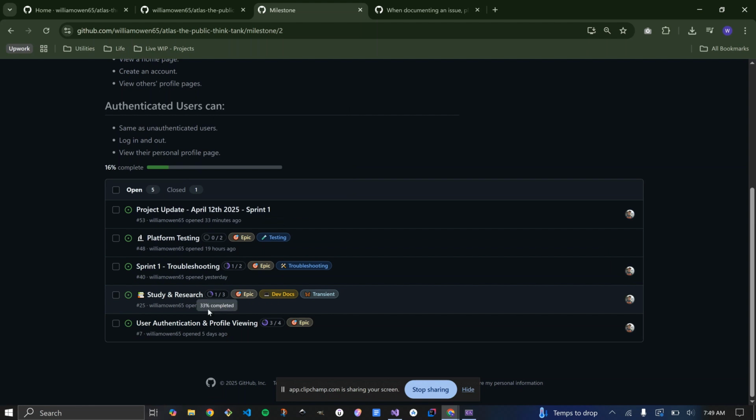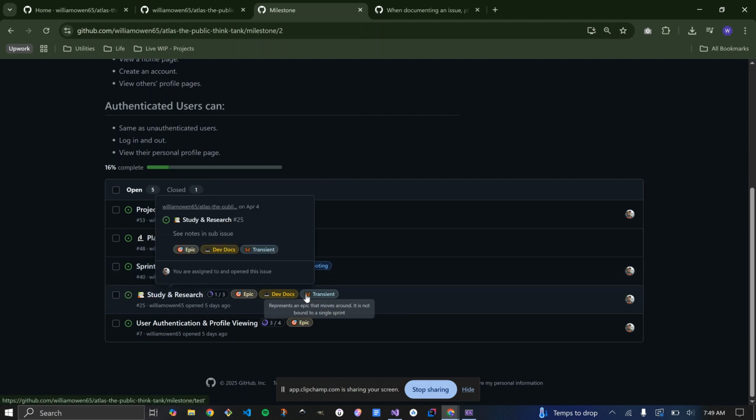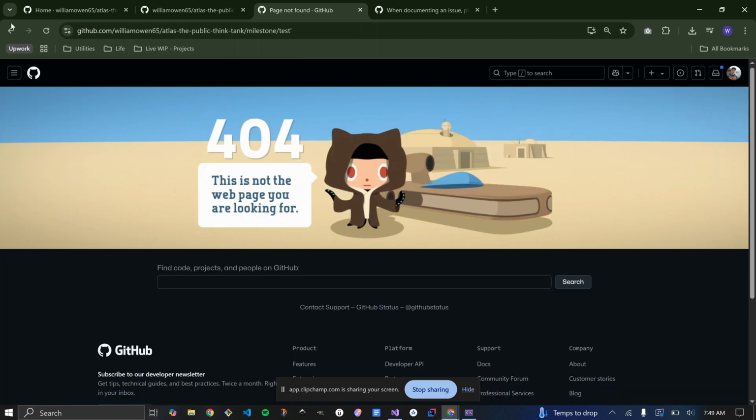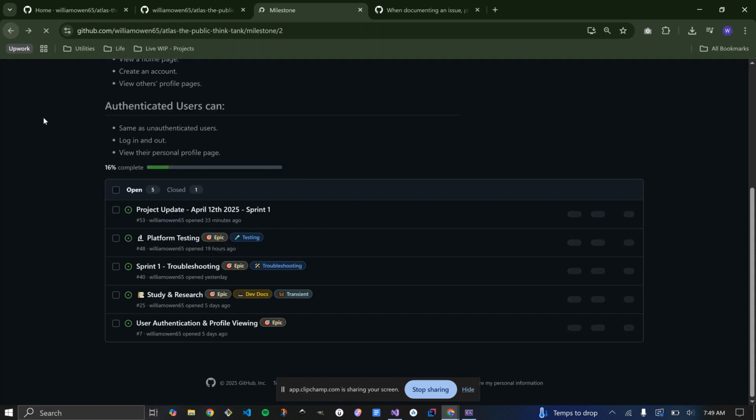Some of these other epics, like study and research, I gave a label called Transient, and it messes up the percentage right here, but that's okay. I found out this percent doesn't really matter to me.